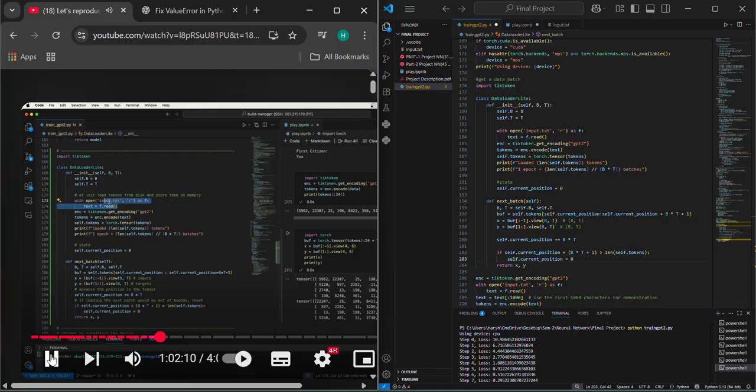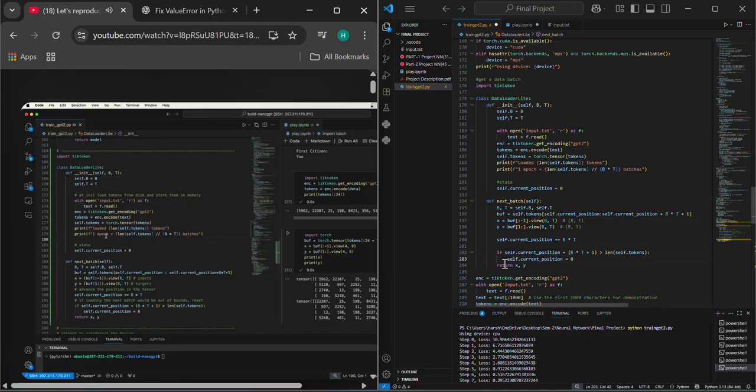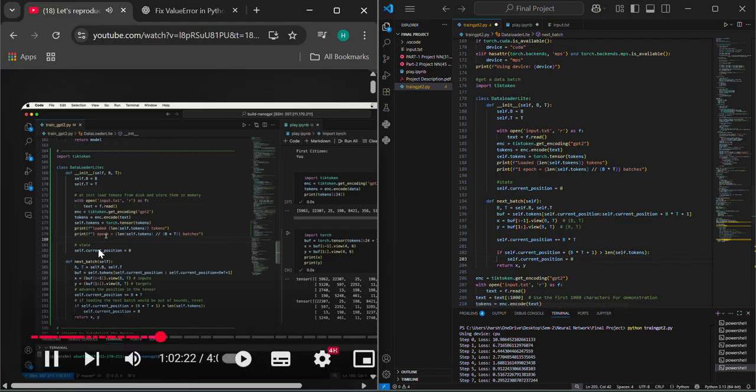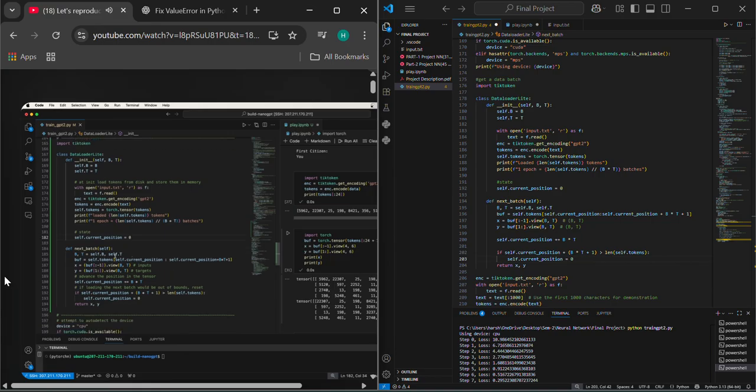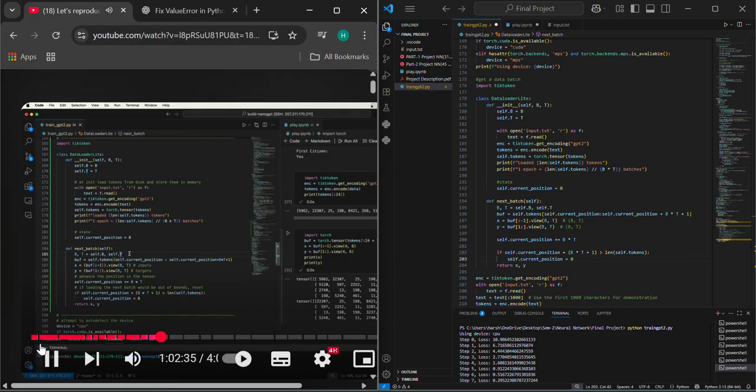Reading the entire text file from this single input.txt, tokenizing it, and then we're just printing the number of tokens in total and the number of batches in a single epoch of iterating over this dataset. So how many unique batches do we output before we loop back around to the beginning of the document and start reading it again? We start off at position 0, and then we simply walk the document in batches of B times T. So we take chunks of B times T and then